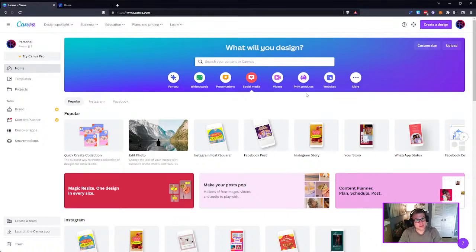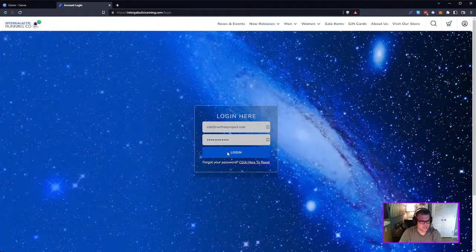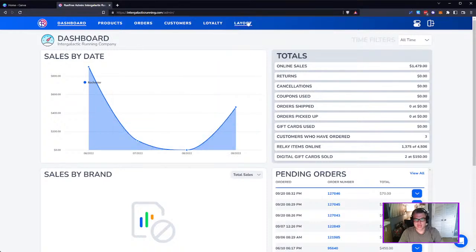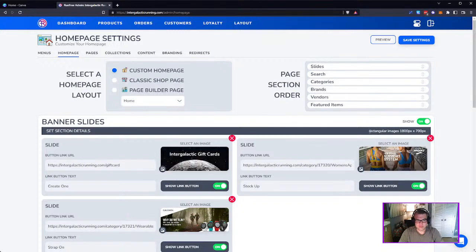Now, when you're thinking about your website or your e-commerce store, on the Run Free project, we have given you suggestions throughout the admin side of the platform on sizes of images that work best in different situations. So you'll see on the homepage builder that our image slider option has, I'll just go ahead and show you since I've got a computer in front of me where I could do that. Our image slider option, if I go to layout and then homepage,